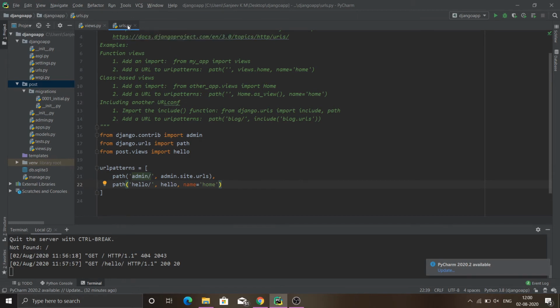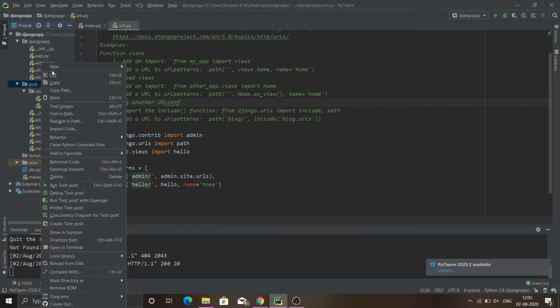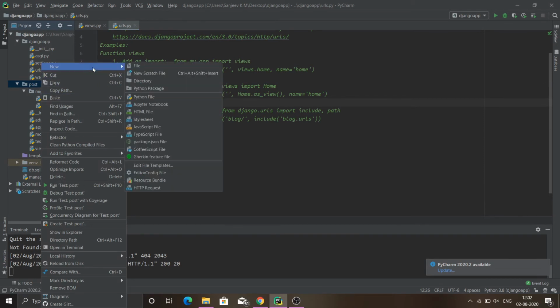Therefore, separating the urls.py file for different applications and importing those urls.py files that we created for each application into our main urls.py file will be more organized. So let us create a urls.py file in our post directory.